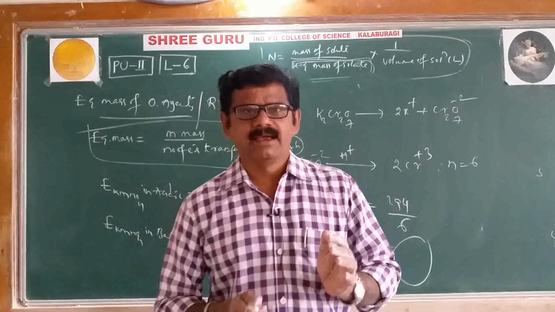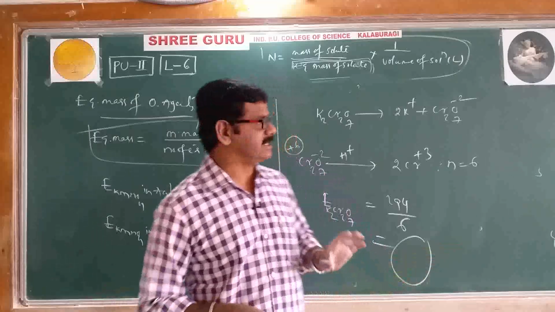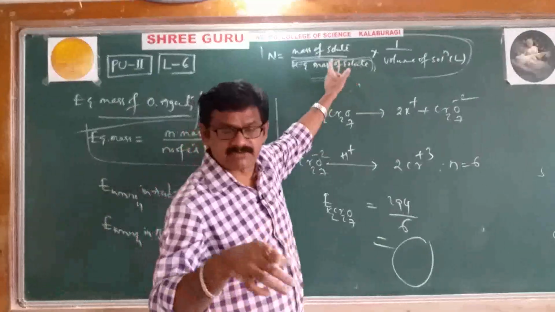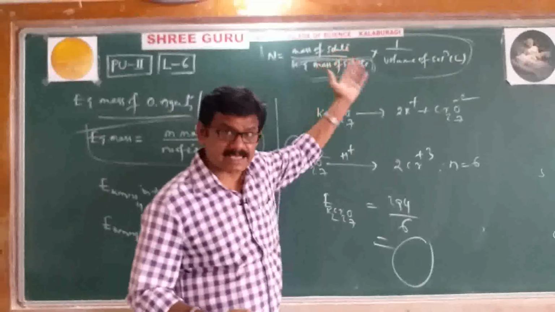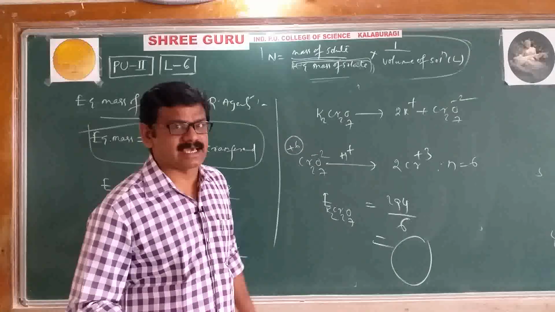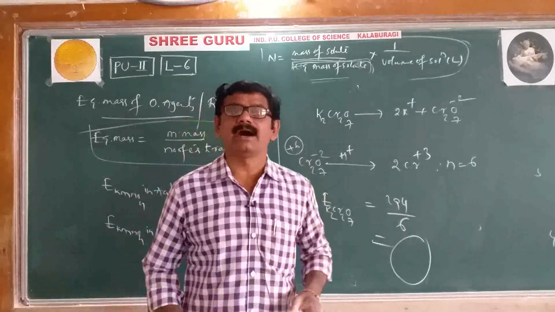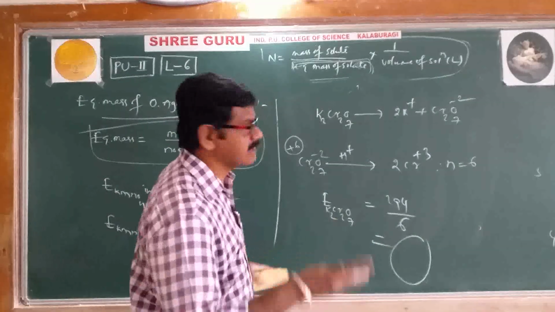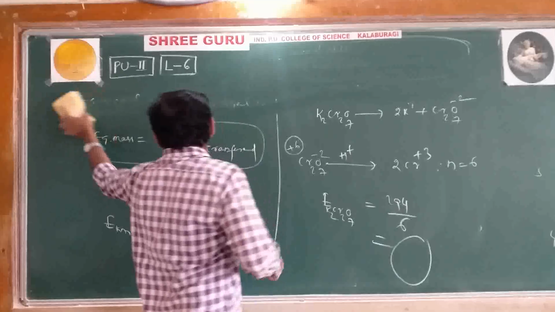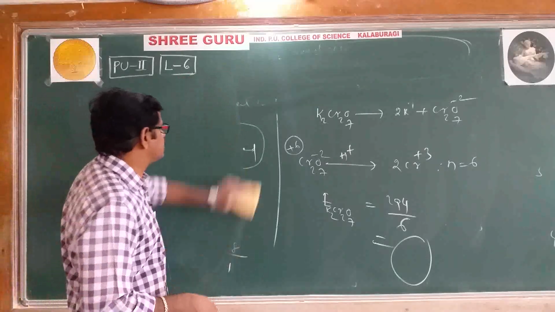See here once again, till now normality problems have not started. We are just calculating equivalent mass of various components like acids, bases, salts as well as oxidizing and reducing agents. Now we'll enter into normality problems. We'll solve just one problem and then we'll stop the video, okay? We'll see one question based on normality.